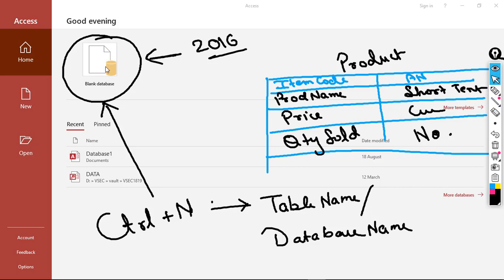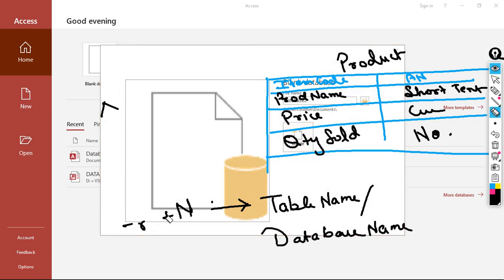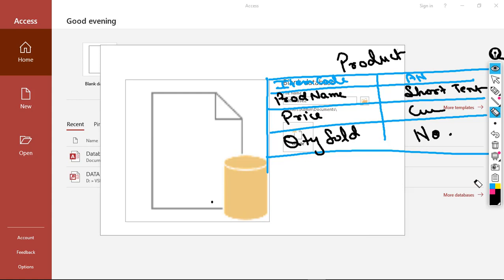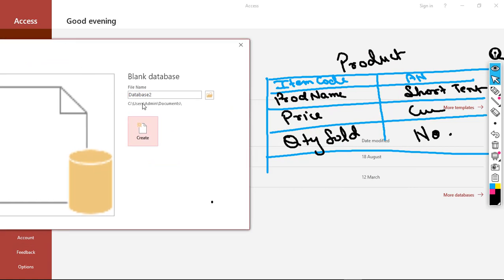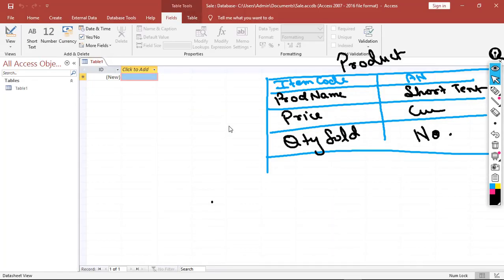So now let's double click on this, and then I have to erase a few things from here. Then here you have to write your database name. So suppose we are creating a sales database, so I'm writing sales, fine, and then you have to click on this create button. That's it. The moment you do this much, your database will be created automatically.